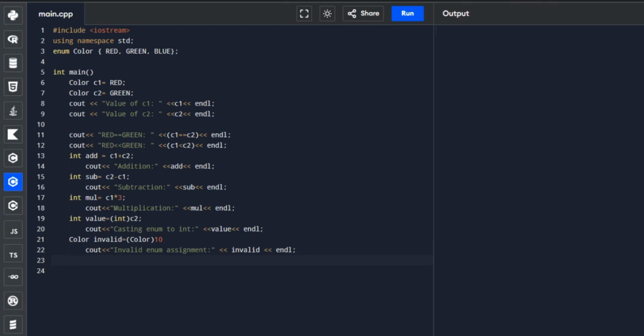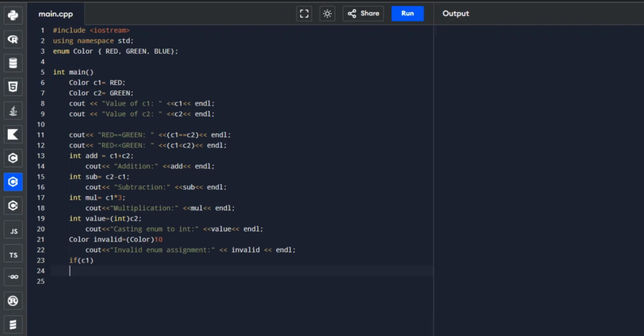Next operation would be using a condition with the enum. Of course we'll be using a condition, maybe the if. If the value of C1 is true here, it will display the output.